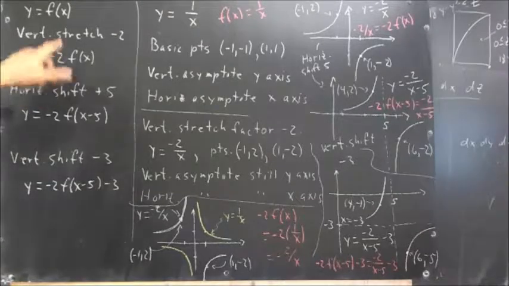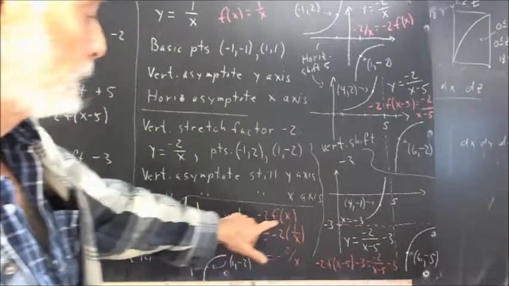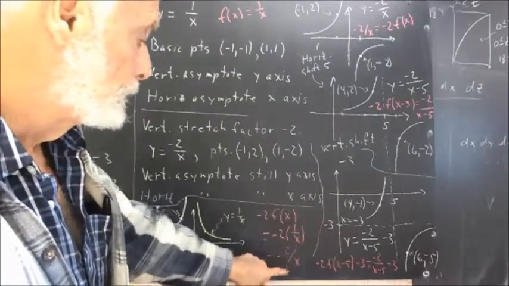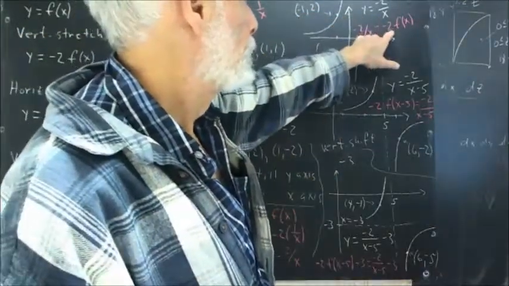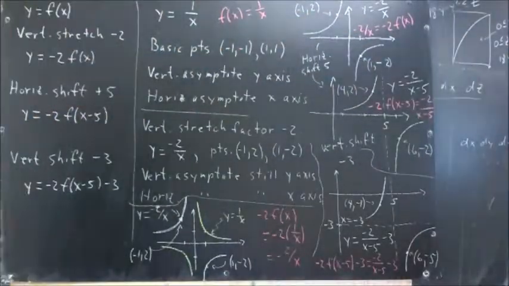Now recall why our vertical stretch made the function -2f of x. -2f of x is -2 times 1 over x, which is -2 over x. -2 over x is therefore equal to -2f of x. And this function up here agrees